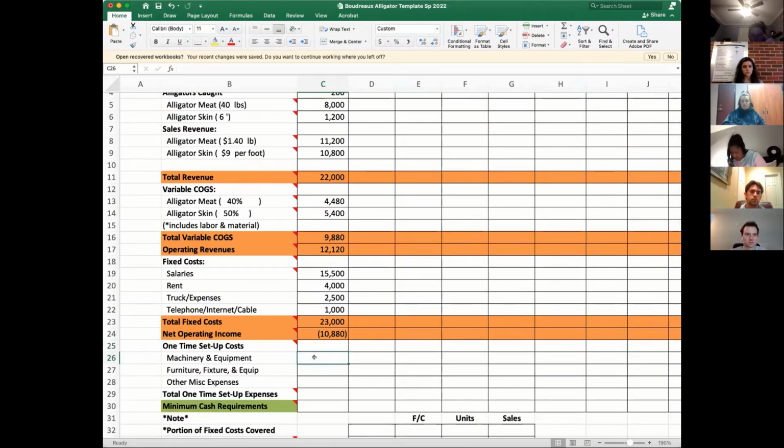As we go down, his one-time setup costs, machinery and equipment, he said 250,000. He said other expenses, what did he say, 70,000. Total expenses at this point,